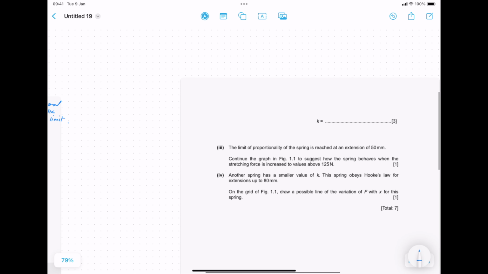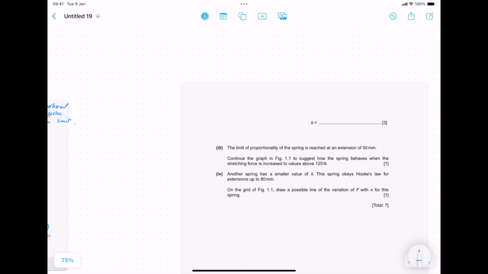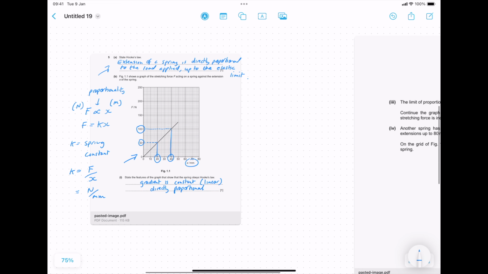So you can see the next part is this, where we've got to work out K. And you can see it's 3 marks. So just chop the top bit of the question there, just for simplicity. It just said determine the value of K. So if we go back to our graph,